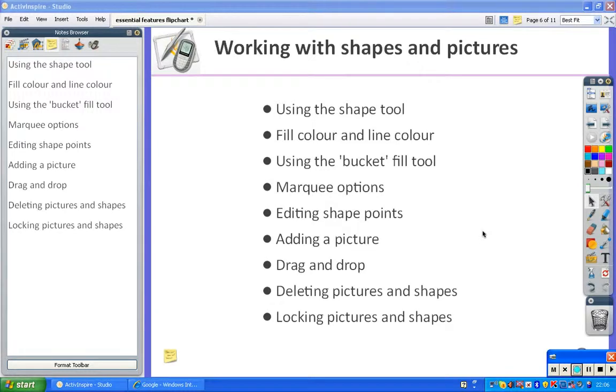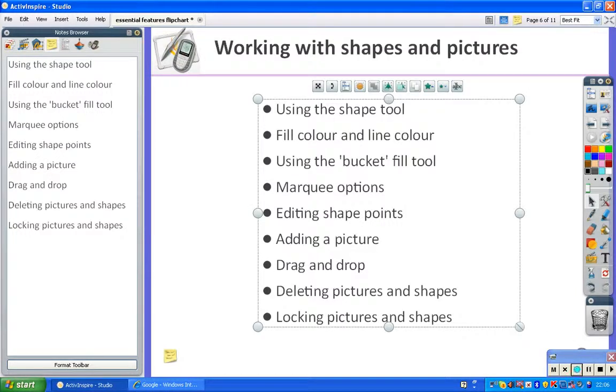In this video tutorial we're going to look at how you work with shapes and pictures in ActivInspire. So we're going to look at how you can use the shape tool, how you can change shapes such as the colour, and how you can add pictures from something like Google Images, say. So if we just give ourselves a little bit of space to work,